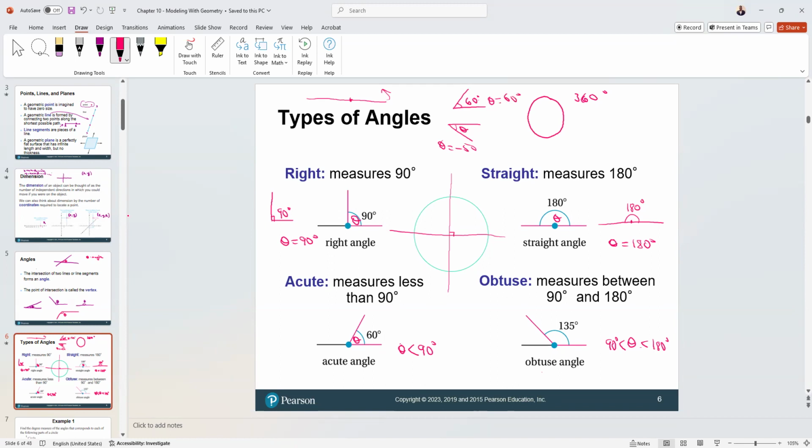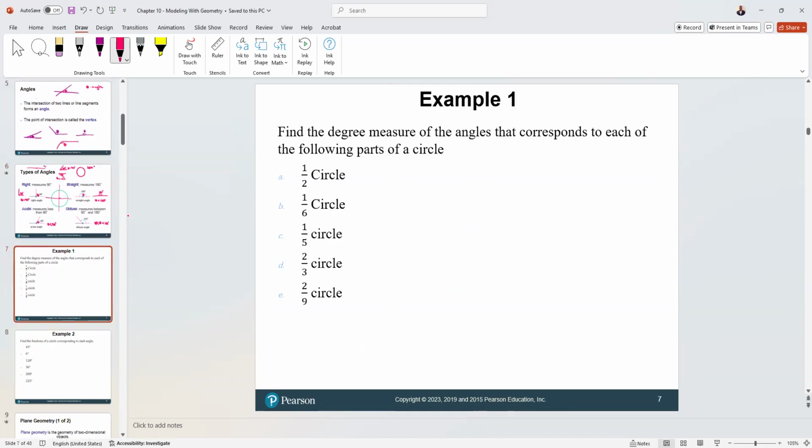So these are different ways of explaining angles. I think we're ready to do a few examples here, and of course you're going to enjoy. Let's go very quickly through different examples. The first example: find the degree measures of the angles that correspond to each of the following parts of a circle. Remember, we said the total degree measure of a circle is